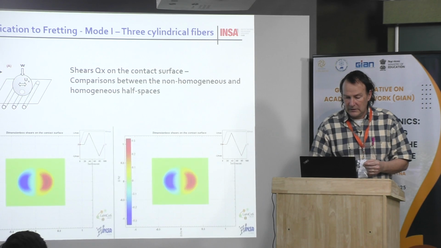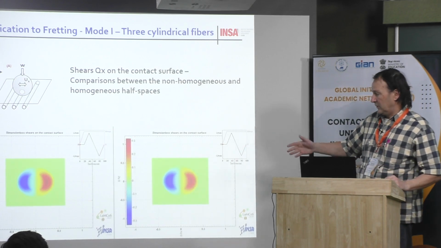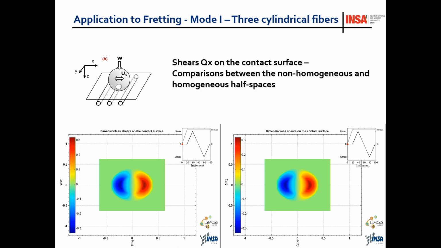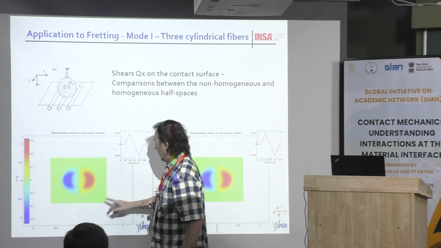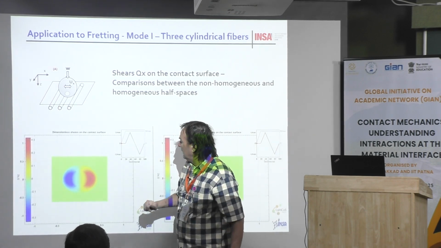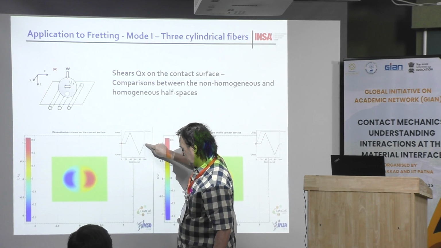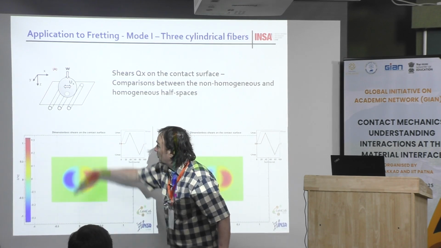Then this is the same type of plot, but this is a top view this time. On the left, you have the composite solution, and on the right, you have the homogeneous solution without fiber. This is for the first situation. Normally you should see here three fibers, one, two, three, and here there are no fibers. And again, we will move this way, this is X, and we are in this plane.